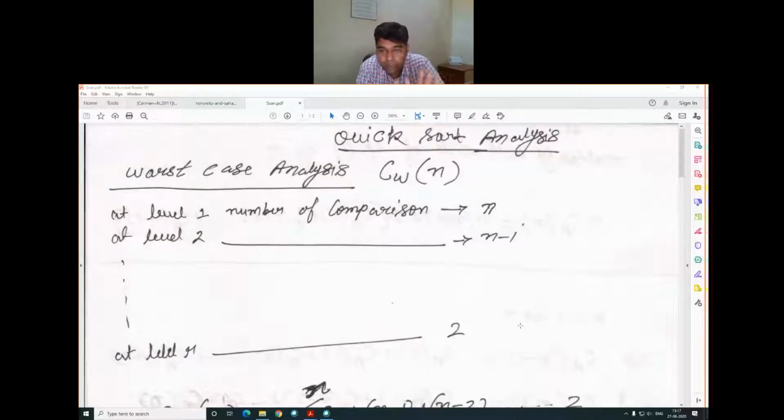And this is the mathematical mapping. This is one way of mathematical mapping of our quicksort algorithm that we have discussed earlier. We are mapping this algorithm in the form of a mathematical equation. From here we see that at level number 1, the total number of comparisons is n, at level number 2, n minus 1, and at the last level, the remaining elements or comparisons required are basically 2.